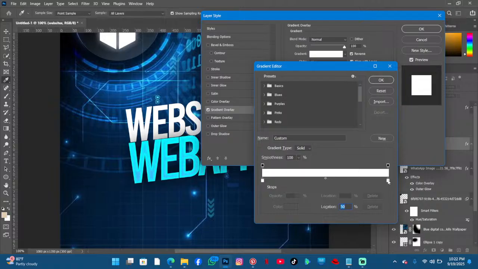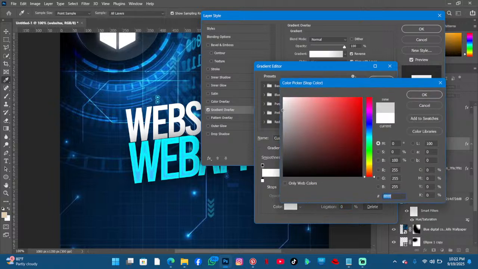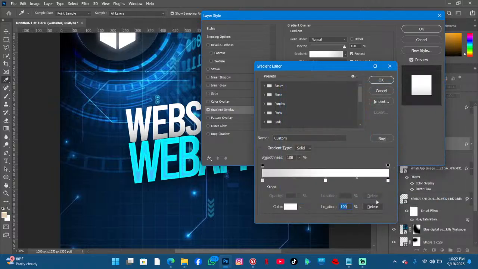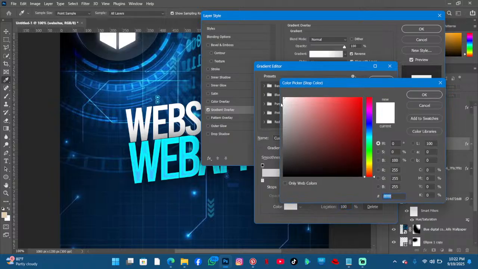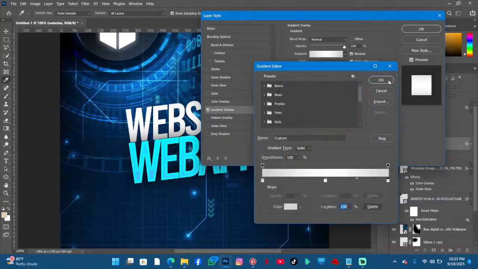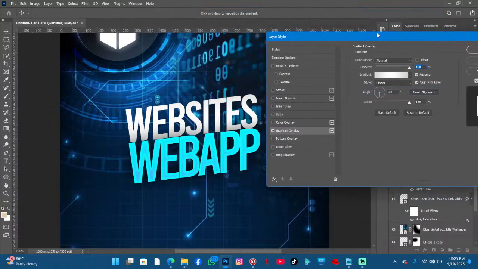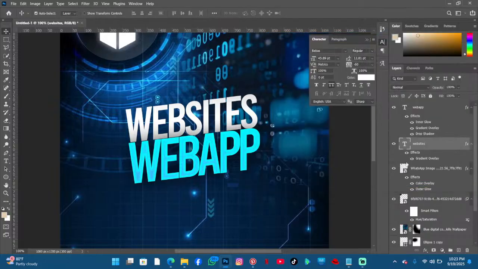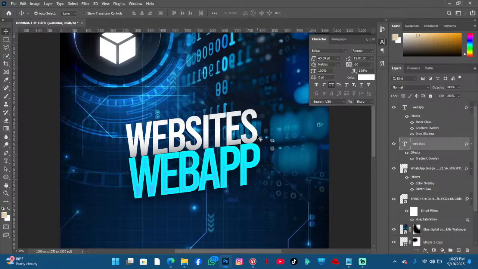So I'm going to hold the alt key and add one more here, and change this to this color, ash here. You can see it, just ash. Now it's giving some nice effects. You can see how it looks like. So if you switch this off, you can see I like it like this. So